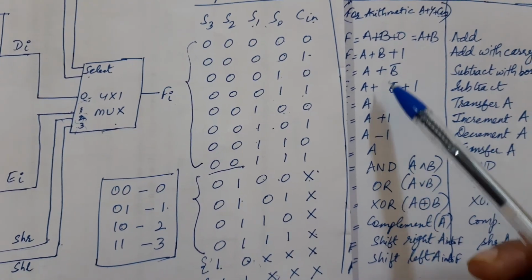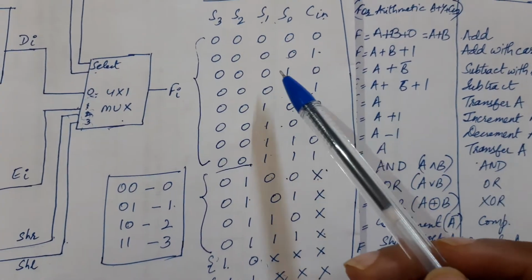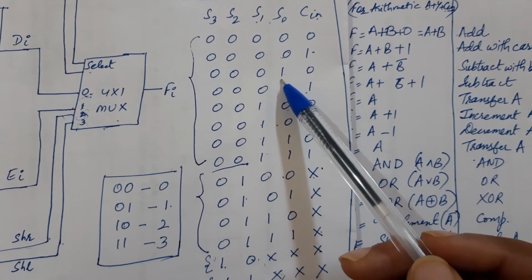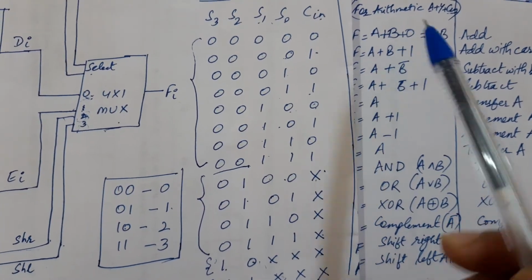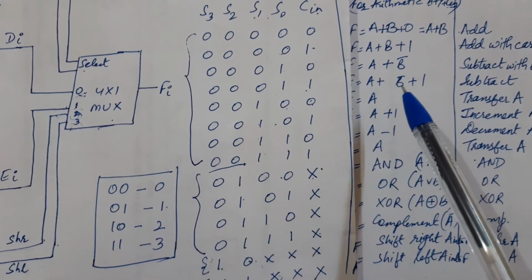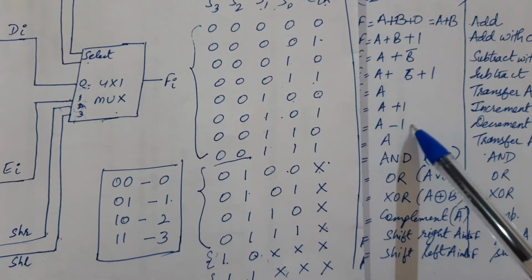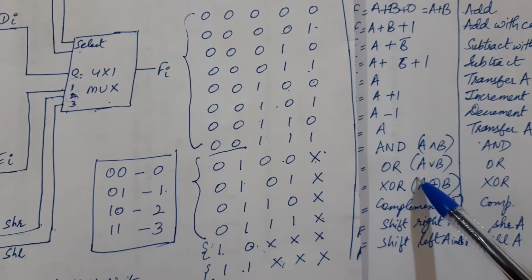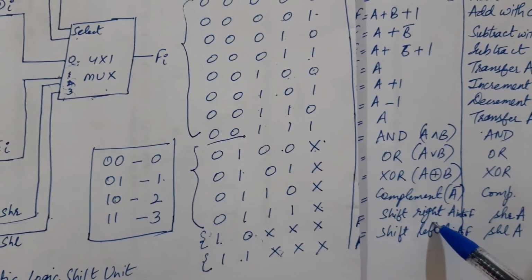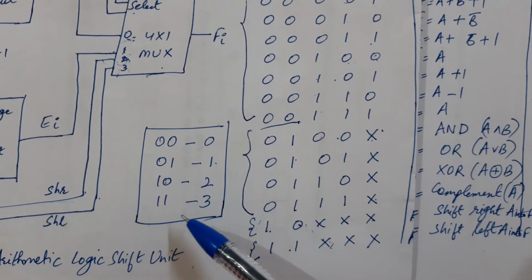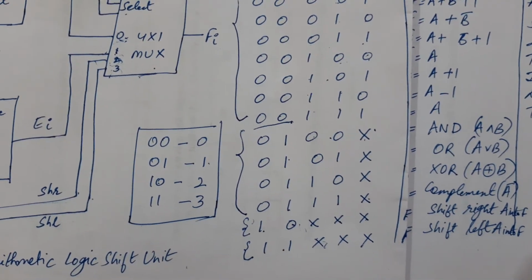So similarly, these are the following micro operations: arithmetic, logical and shift. In arithmetic, again after addition you have the S0 selection line with value 1. When it becomes 1, the value of Y becomes complemented. If it is B, now it becomes B complement. So here is the whole list of arithmetic micro operations, logical micro operations and shift micro operations. So this is your arithmetic logic shift unit with the block diagram and its functional table.